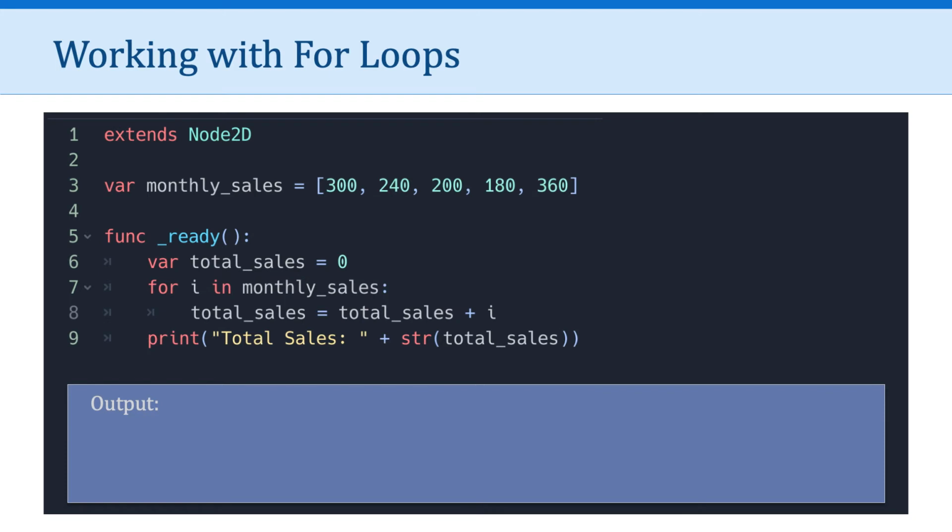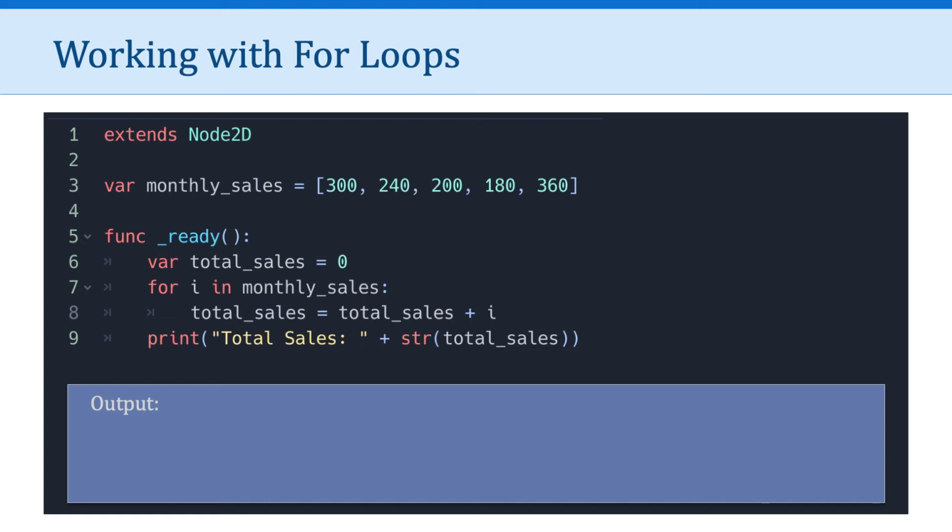Now, let's look at a slightly more useful example. Here, I want to calculate total sales. And so I have a variable called monthly sales. And it actually is an array, and it's storing 5 monthly sales values. And so take a look at my code. In line 6, I am saying